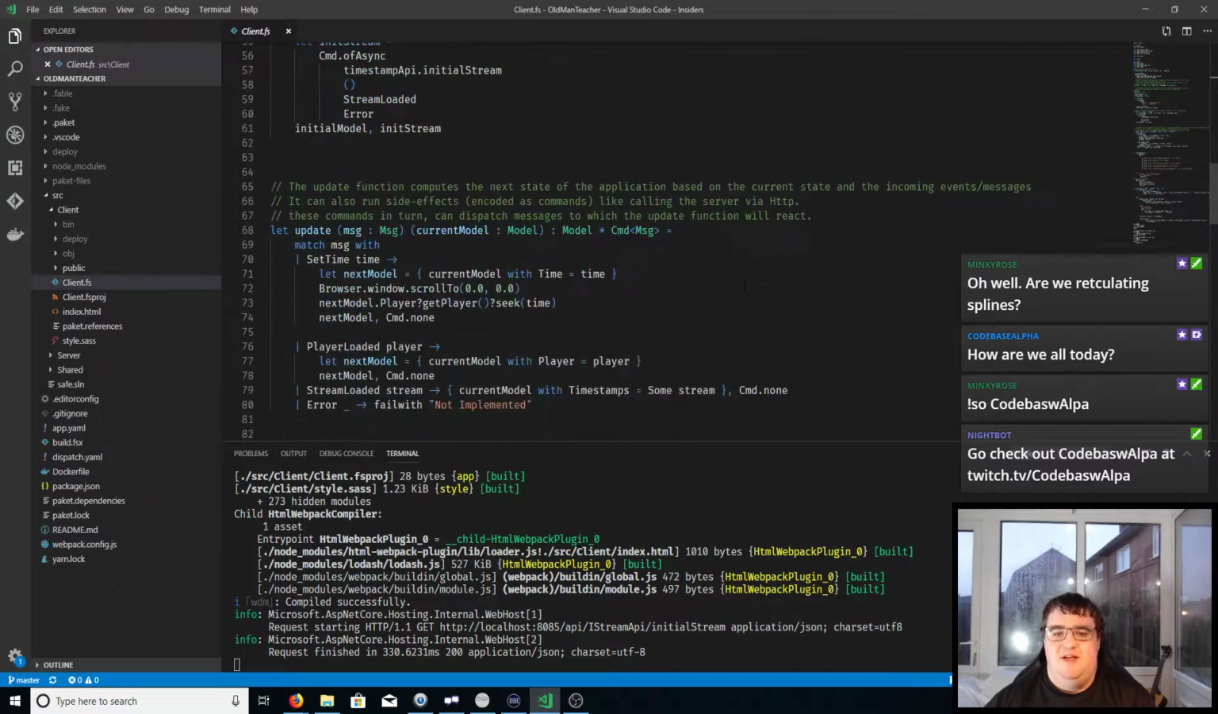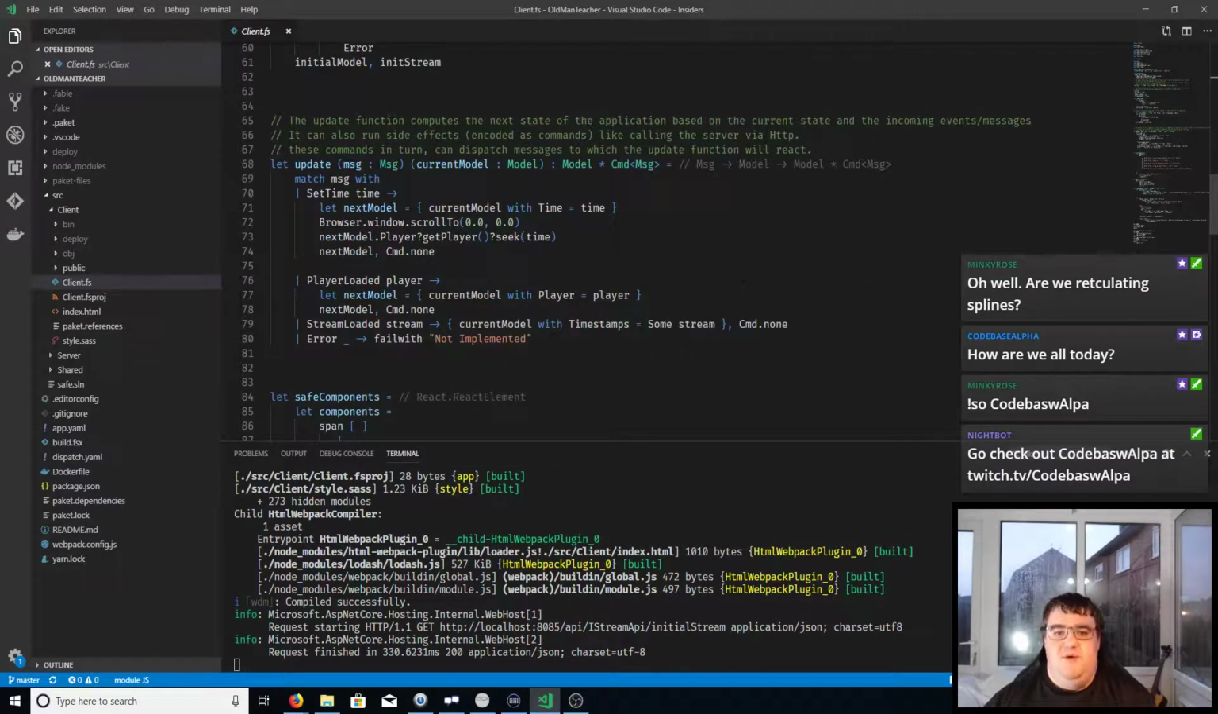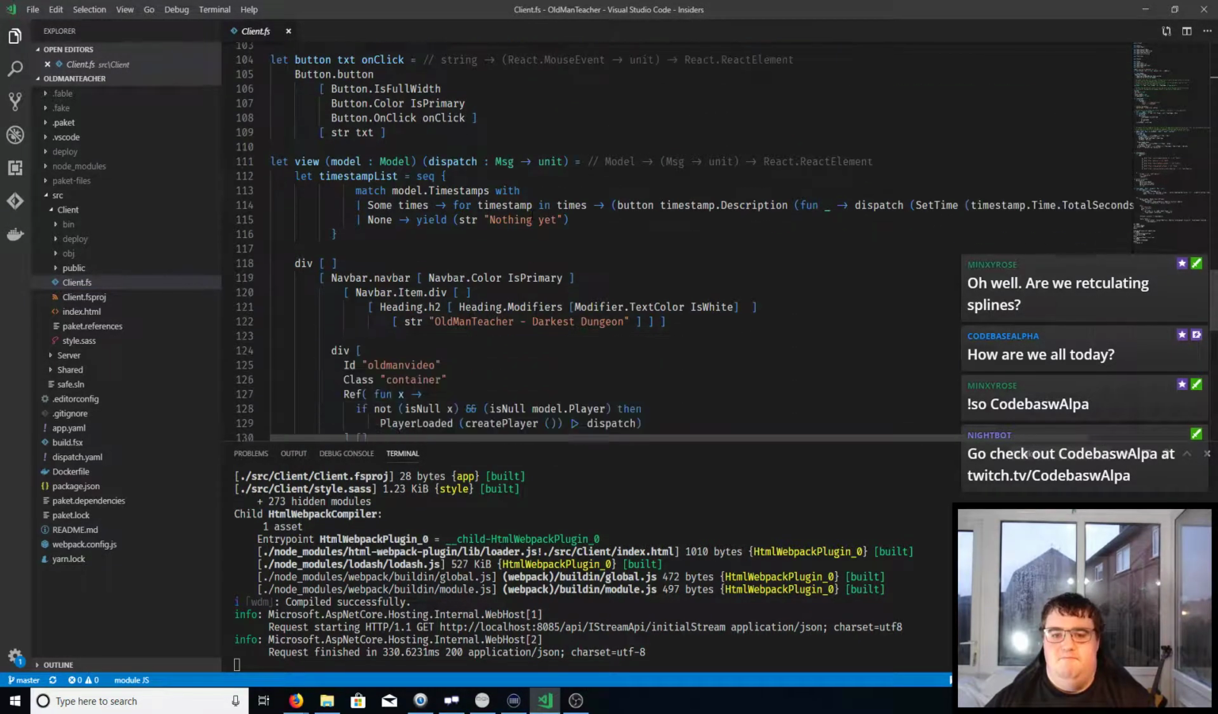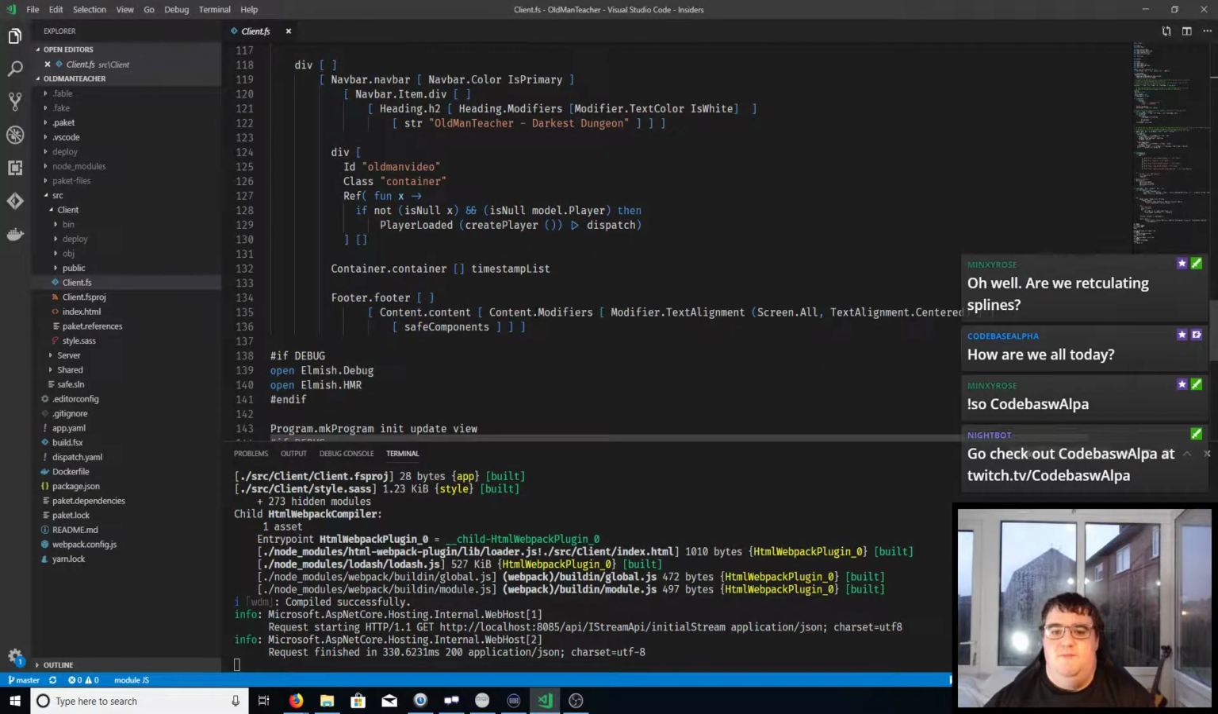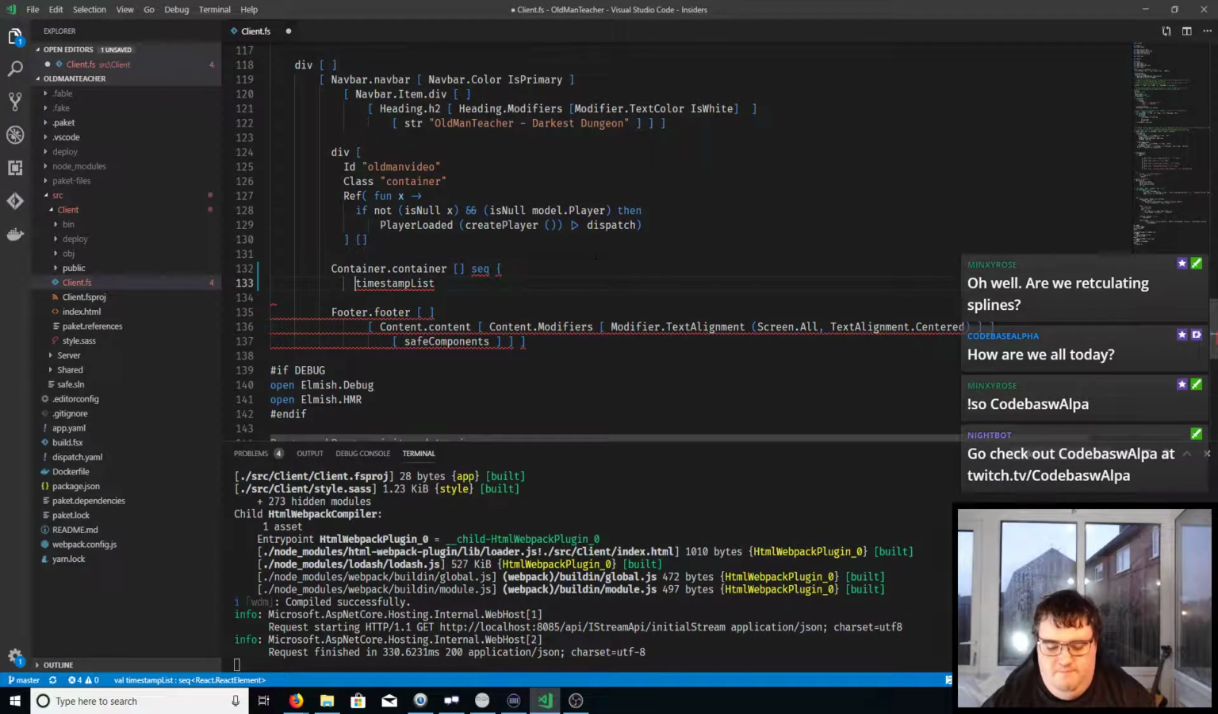Client.fs, we now need to... Let's go from the UI first, just because we can. So below there, we've got a container with timestamp listing. Now, what would be kind of handy is, why don't we suggest that we go sequence of that, yield bang that,